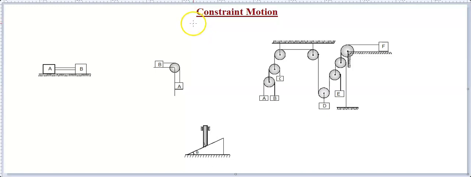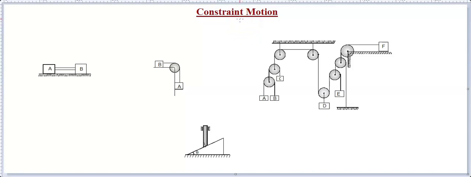And in this video lecture we are starting constraint motion. We will be putting this in the next chapter, which will be named constraint motion, NLM and friction. So what this constraint motion is and how we write the constraint relation of different motion, we will be learning